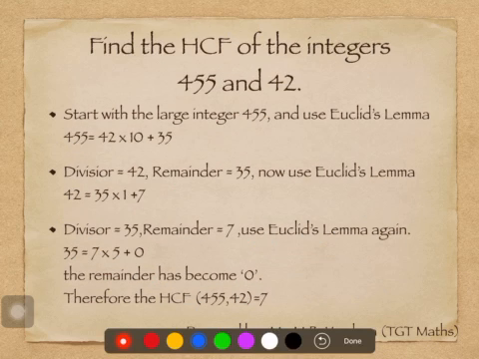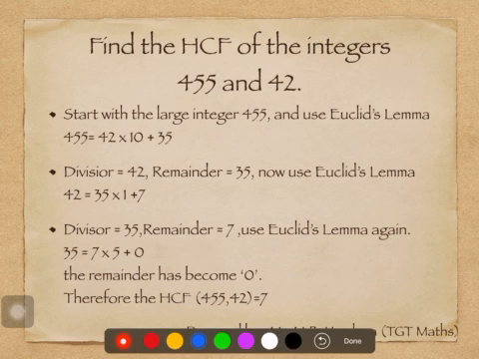How are we finding the HCF of these integers 455 and 42? Start with the larger integer. Already I have said that when we are taking two numbers, one is always greater than the other. 455 is greater than 42. So we are starting with the larger number, 455,